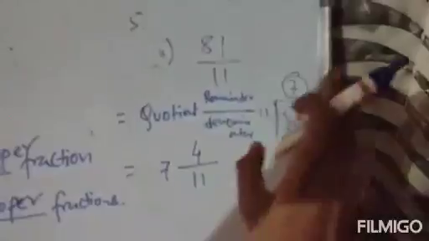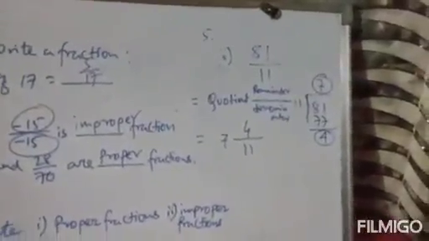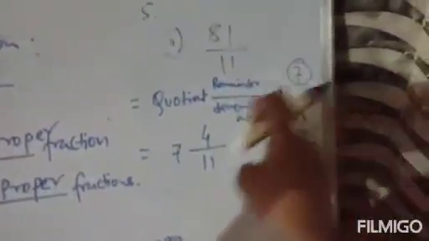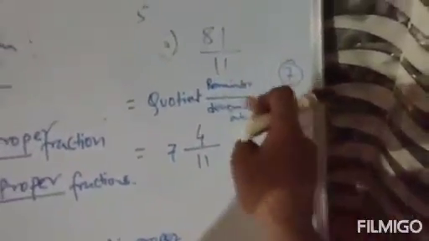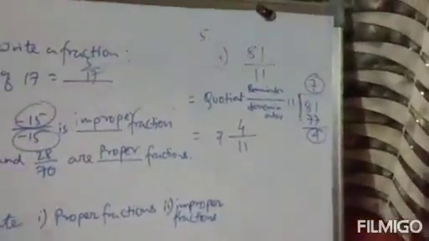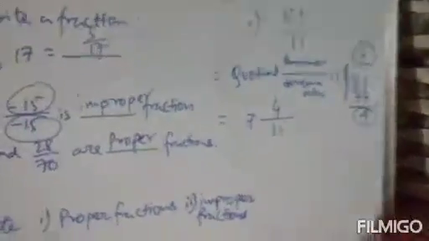Do one thing, just divide this in your main space. Don't do this in your rough space. You will divide this in your main section. So first divide this, and then you will write quotient, remainder by denominator. So the quotient is 7, the remainder is 4, and 11 is your denominator. So that is 7 upon 4 by 11. This is the mixed fraction. 81 by 11 was your improper fraction. Next,